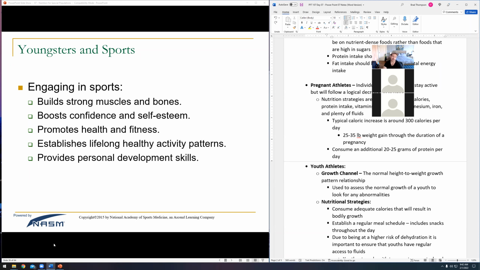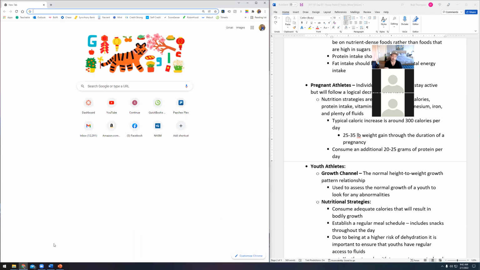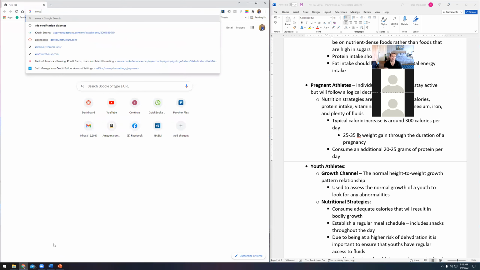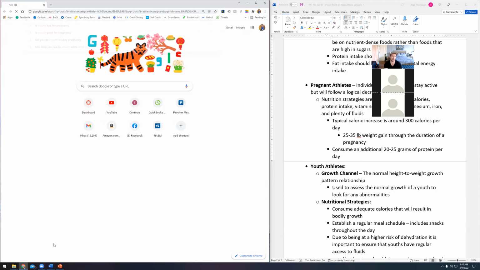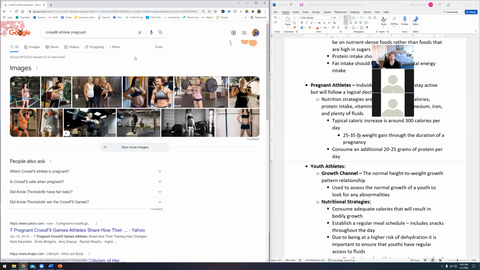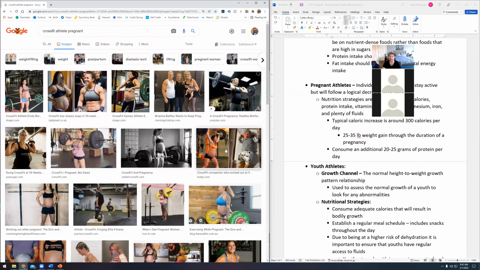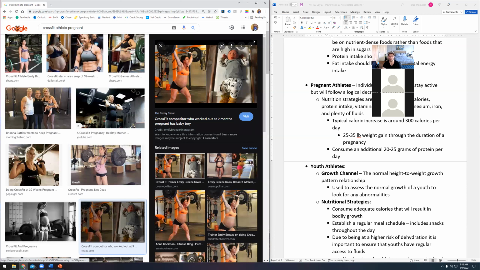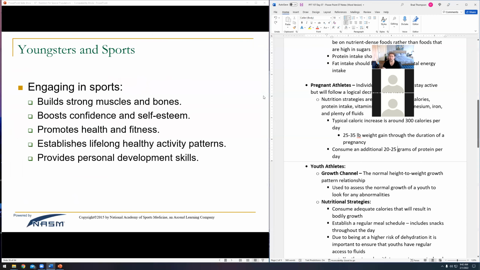I remember there was this CrossFit athlete. She got a bunch of flak online. People were so mean to this lady. She was 9 months pregnant, and she did this photo shoot of her doing full-on hang cleans and snatches, pretty impressive stuff. And she was fine. Baby grew up perfectly healthy, no problems at all. Now, someone who's never exercised before tries to do that, yeah, they're probably going to get hurt, but that has nothing to do with being pregnant. So just be aware.